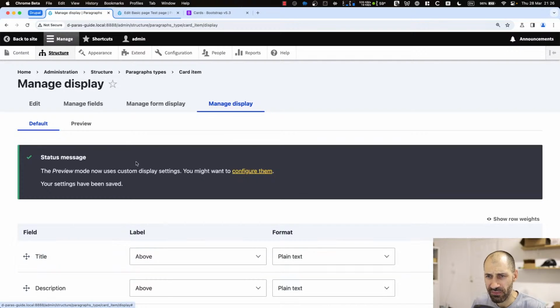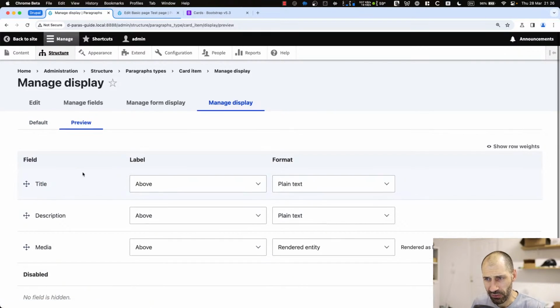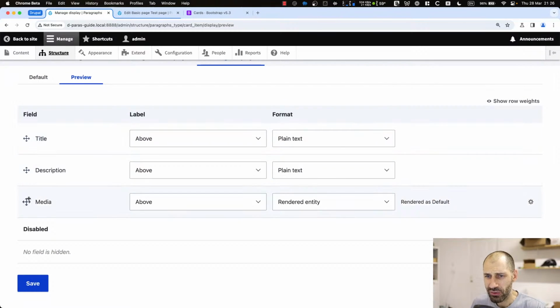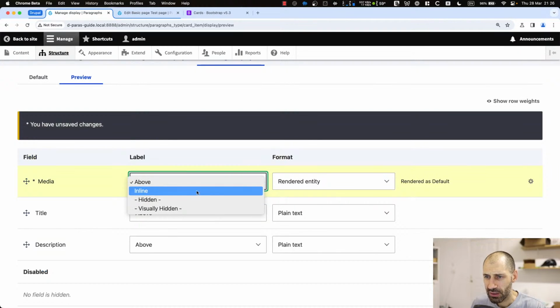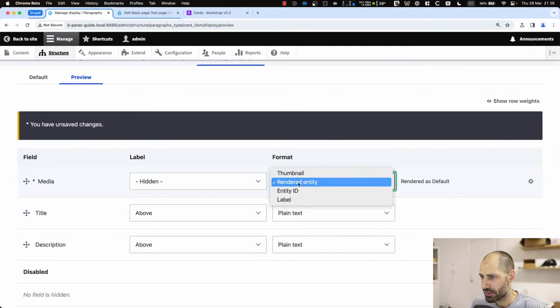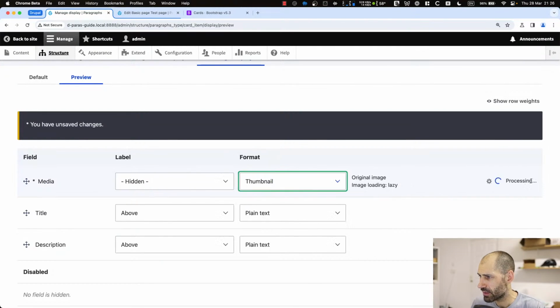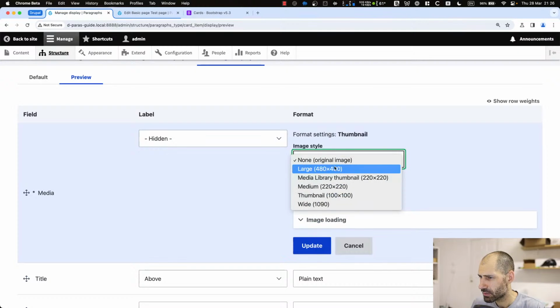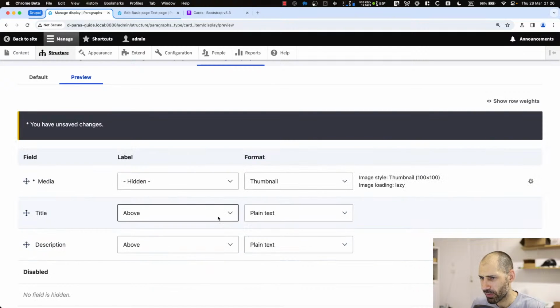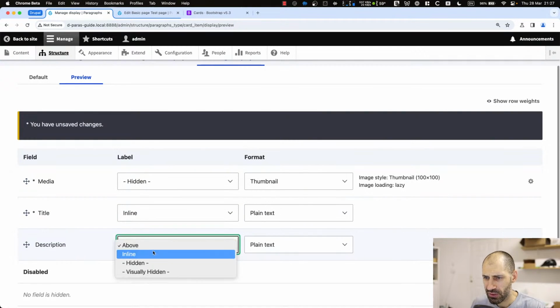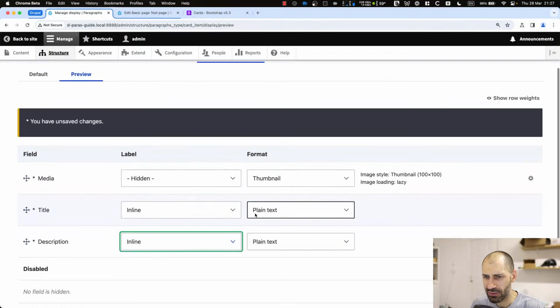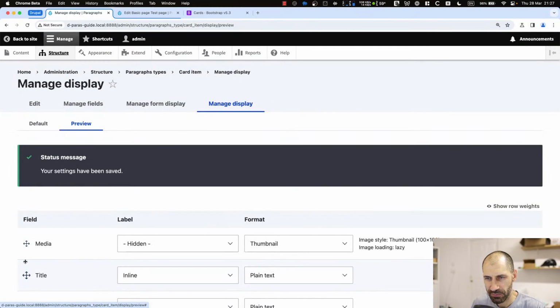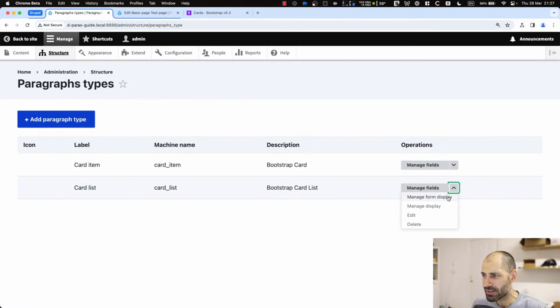Now preview is a view mode which comes with paragraphs. And what we can do is, let's just reorder this. I'll hide that. I will render the image so it is 100 by 100. And I'll put the title and description inline and save it. Because then what we can do is, if we edit our